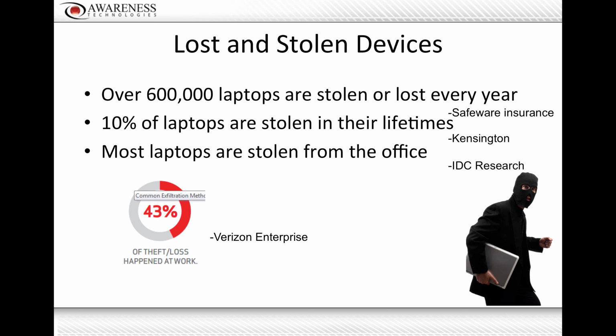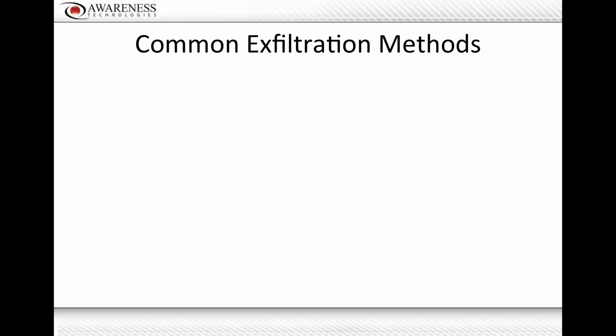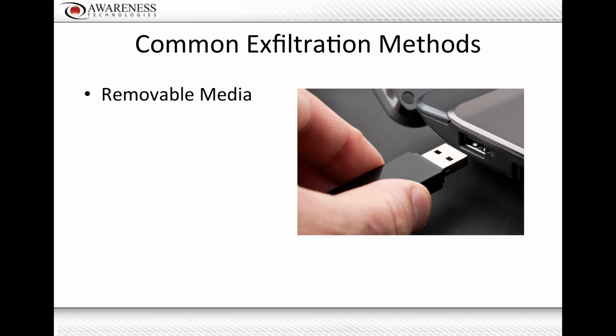And especially if a laptop is stolen by an insider, even if you have encryption, they have the ability to log onto that computer with the encryption. All your data is gone in that instance too. So it's something to think about from a couple of different standpoints when we talk about data that resides on a laptop. Even if you've encrypted it, there's other ways that data can be lost or stolen, and it's just as dangerous. Some other ways that information goes off: removable media. I think most people have gotten fairly good about locking down USB ports, but it still is something we hear about on a really regular basis.